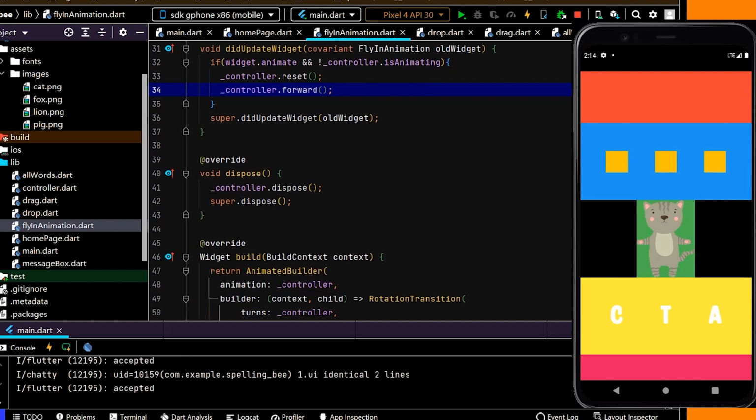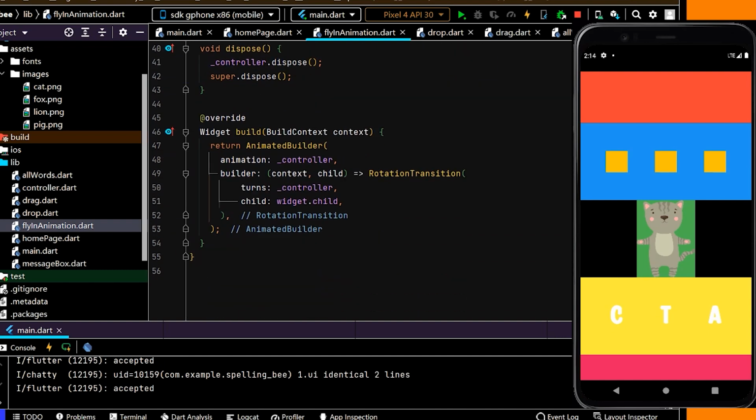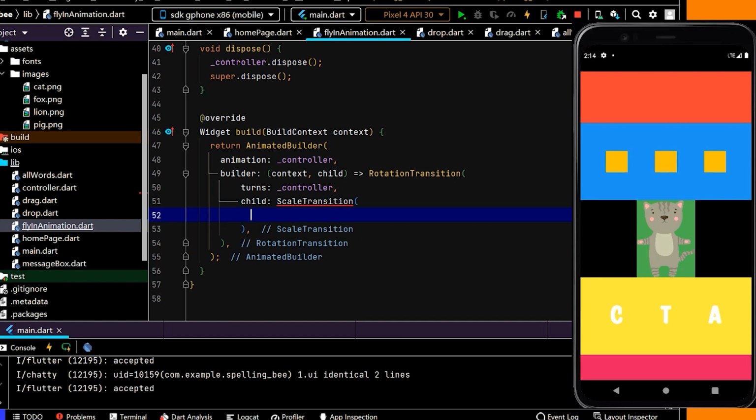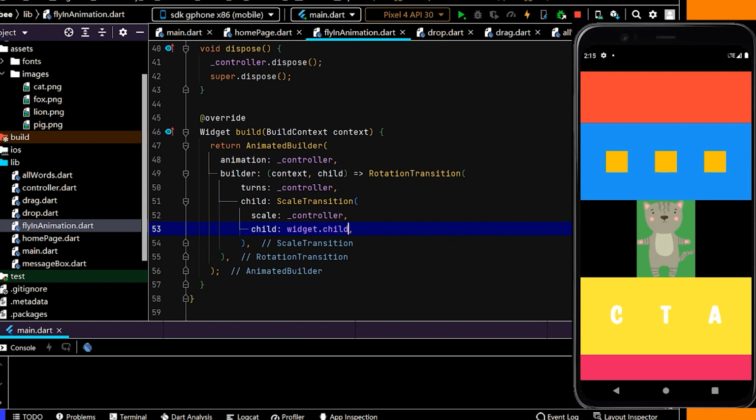Now I also want the letters to fly in on screen. So to do that, I'm going to use another built-in widget to Flutter, animation widget. So instead of returning the widget.child, instead I'm going to return scale transition, and that'll do basically all the work we need it to do. So scale also needs to take in an animation of type double, so we can pass in the controller again, and here I'll put the child. So now the child of the rotation transition is a scale transition, whose child in turn is the widget that we're animating. So now if we do a hot restart,